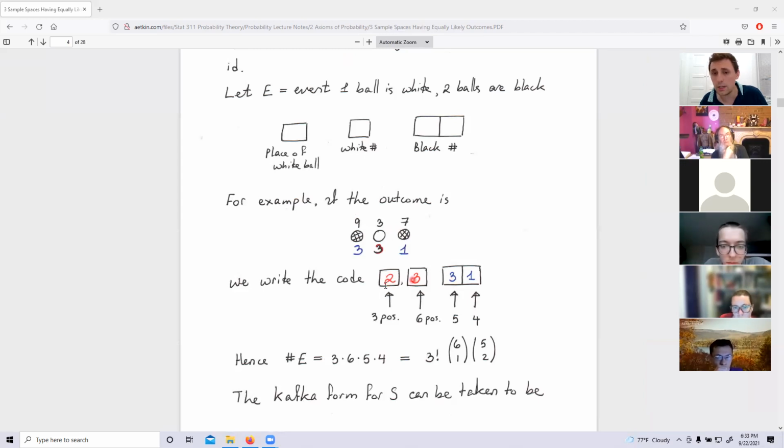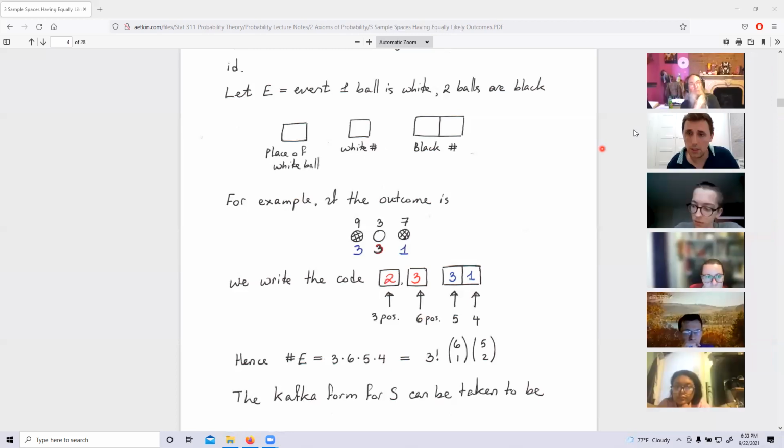So I just need to count how many such possibilities are there. How many ways to fill out this form? Well, there are 3 possibilities here for space 1, 2, or 3. So that's why the number 3 is here. There are 6 white balls, so I can put any of the white ball that came, 6 of them. And then for black balls, 5 possibilities times 4 possibilities. So it's 3 times 6 times 5 times 4. Everybody understood what I did?